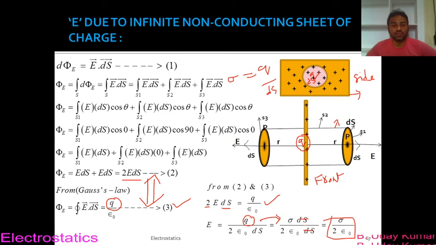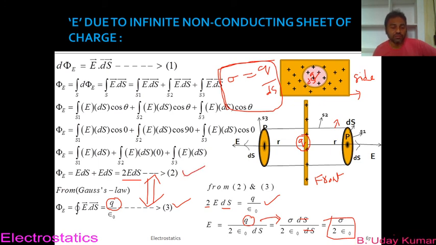Okay, so this one is very important. It may be asked as a short answer question, and with the combination of the conducting sheet of charge, it may be asked as an essay question. The only thing that is a little confusing here is this region, this formula. But I hope it is clear because I already discussed how you have written it. Anyway, this one is clearly right.